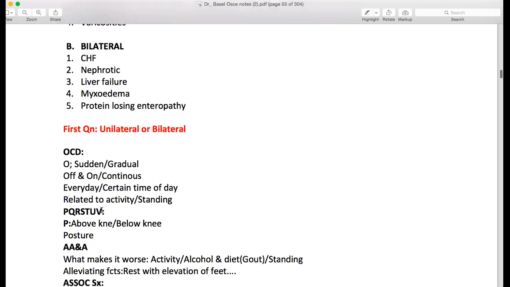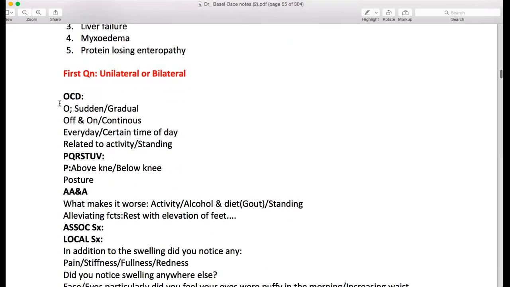It's very, very important. If you go by this one, you're going to do OSCE, PQRST. So you have to follow the same route. Your history should not be broken. When you are asking about the physical symptoms, as the patient is coming, you are going to continue and complete all of those things. Don't just jump and start asking about OCD and then start from past medical history. Your history should be in a very good flow. It shouldn't be broken. The same goes for counseling.